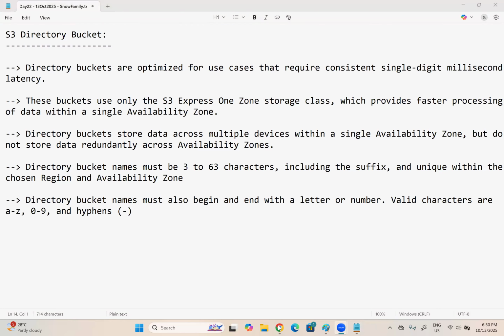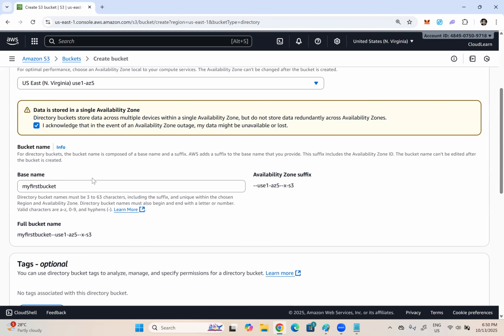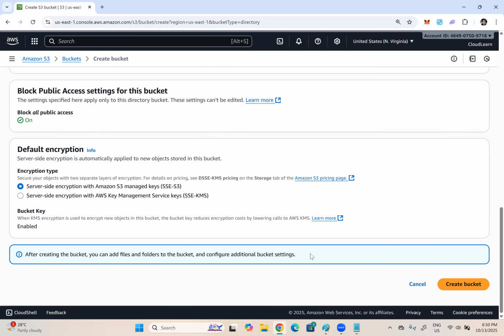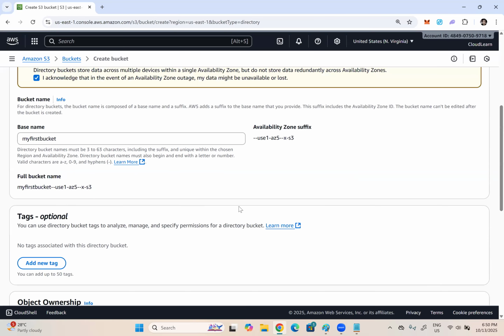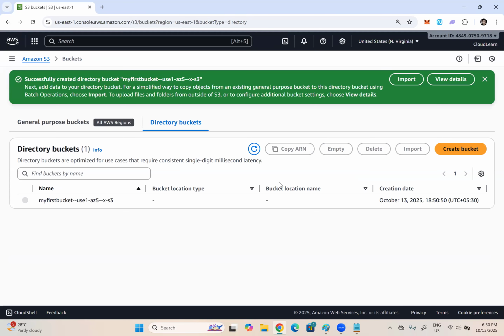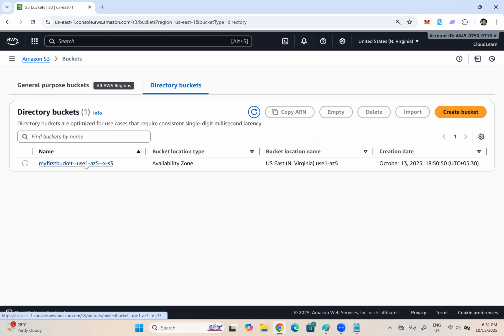Okay, now what I do is let me try to create the bucket, and I will keep all options as is, but you don't see many options here, right? Let me click on create bucket. Yeah, bucket got created, right? Okay. Now this is our bucket. Just wait, let me refresh. Okay. So if I click on the bucket name,